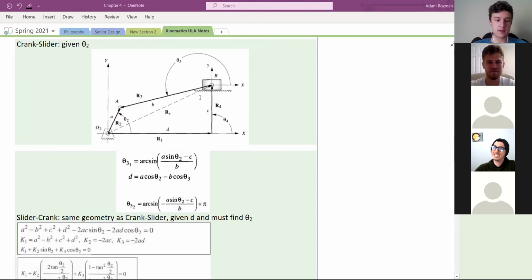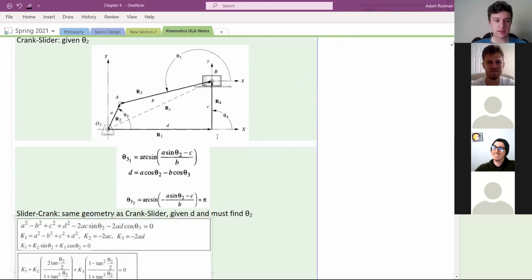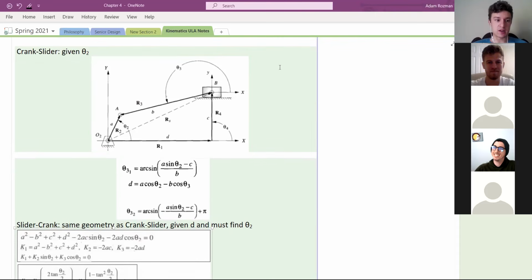Again, just kind of plugging it into the equations. So the slider crank is exactly the same geometry as the crank slider. However, basically you're given the distance d. So you could say, instead of rotating the crank, you're driving the slider, and you want to find, oh,